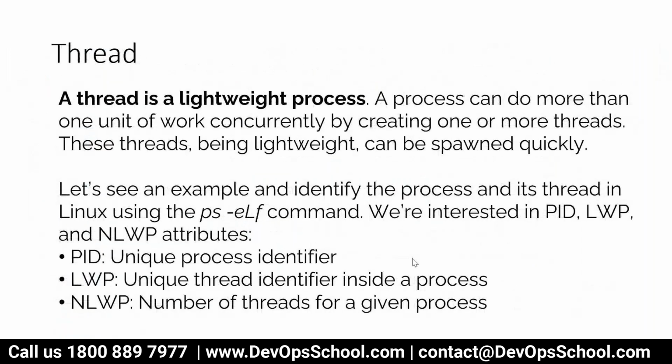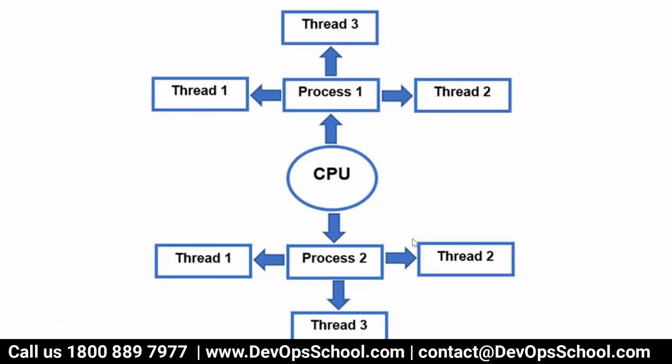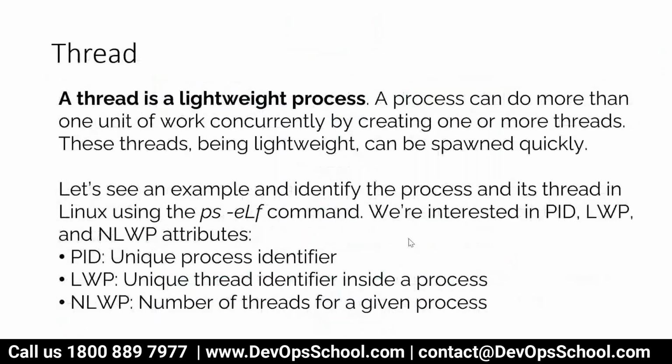Okay, so now you understand the process. Now you might have seen in the images that each process has multiple threads. So what is a thread? Let's understand. Basically a thread is a lightweight process. A thread is also like a process, but it's lightweight, meaning a process consumes a little more CPU and RAM, but a thread consumes less CPU and less RAM. There is a reason for it, and we need to understand it. This is an interview question.